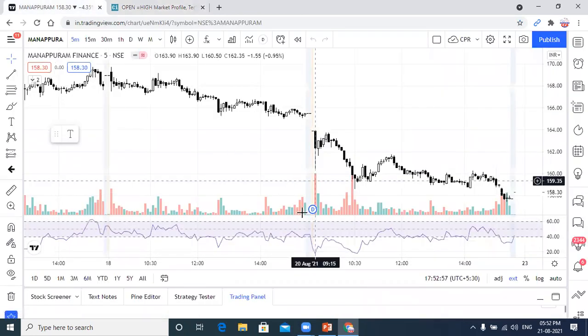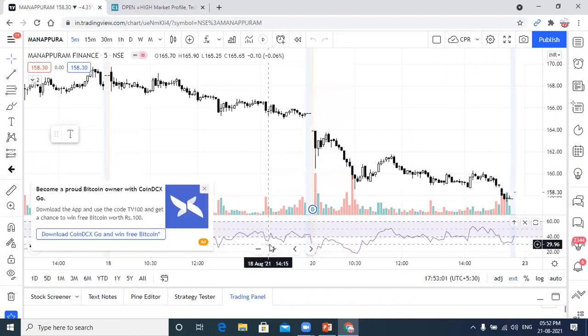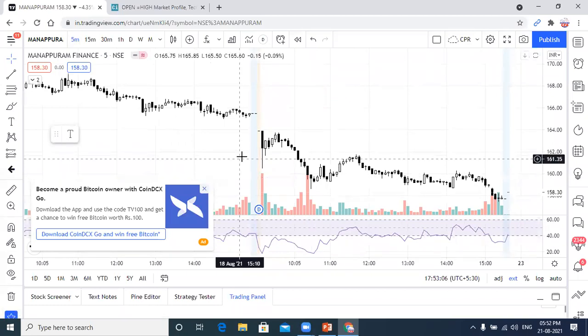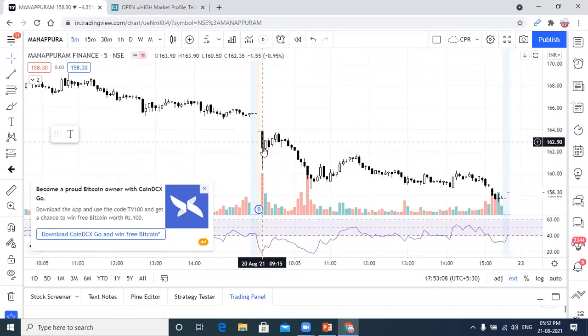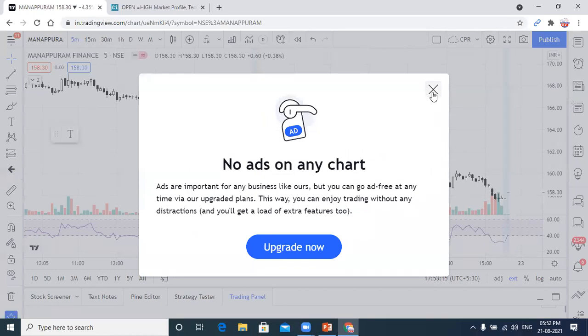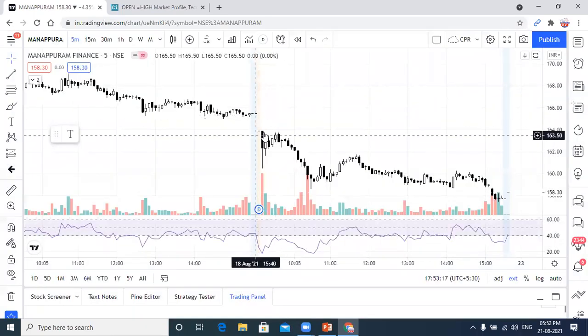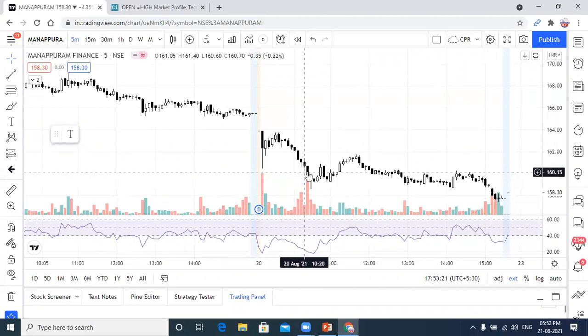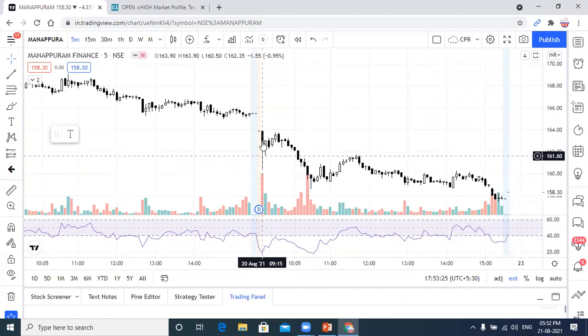You can check here. Look at the first candle. This is the 5 minutes time frame, Manappuram Finance. In the first candle you can see after the gap down opening, an open equal to high formation. So this means the gap down is likely to sustain. What you can do now is take a short trade below the low of the first candle. Okay, go short below the low of the first candle. In this candle, your trade is triggered. Initial stop loss will be the first candle high.